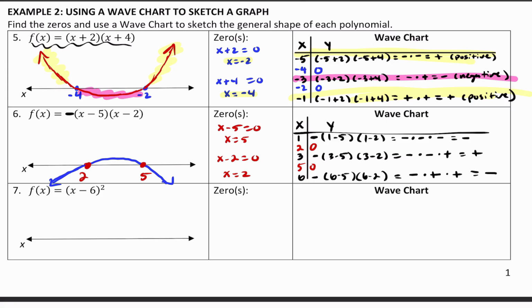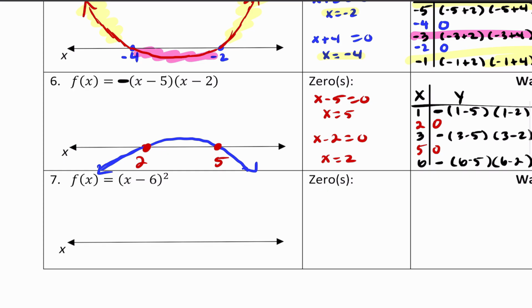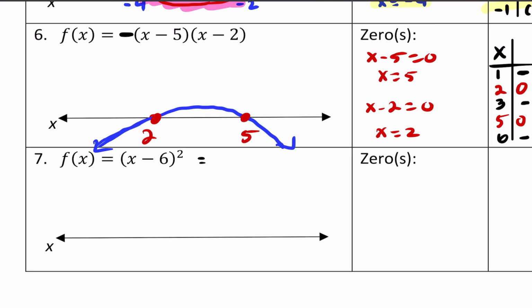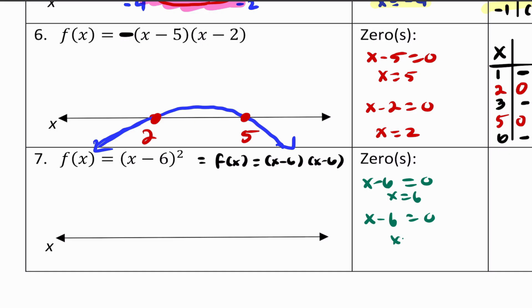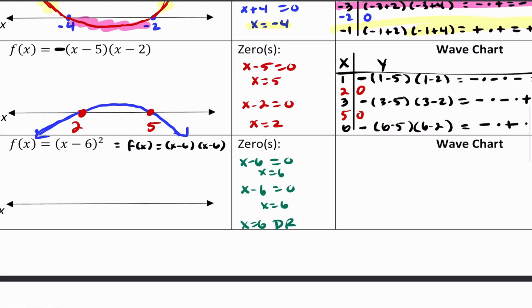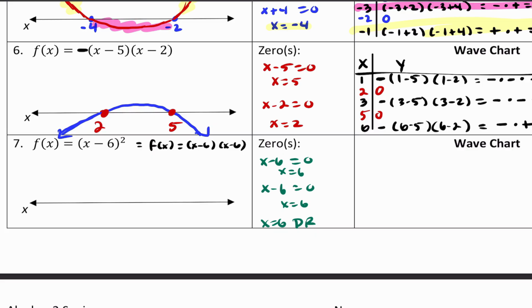Let's take a look at number 7. So f of x is equal to x minus 6 quantity squared. Now, we all know that if you have something like this, it's basically f of x equals x minus 6 times x minus 6. It's just x minus 6 2 times. So I can go ahead and write x minus 6 equals 0 and x minus 6 equals 0. So x equals 6, x equals 6. So since x equals 6 appears 2 times, we have to indicate that that is a double root, okay? So I'm going to go ahead and write